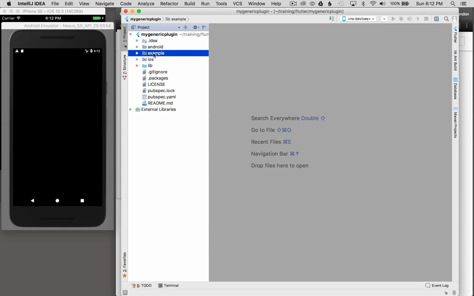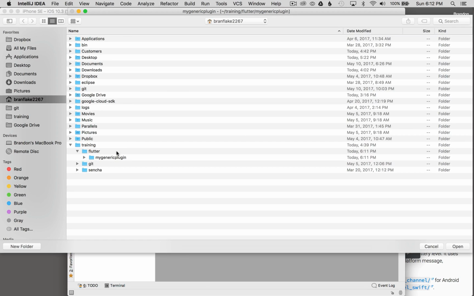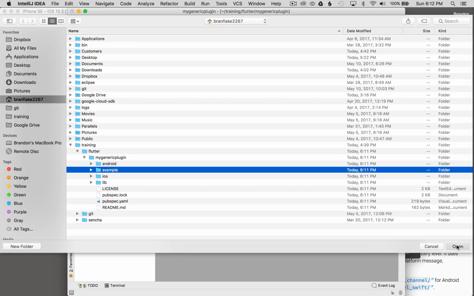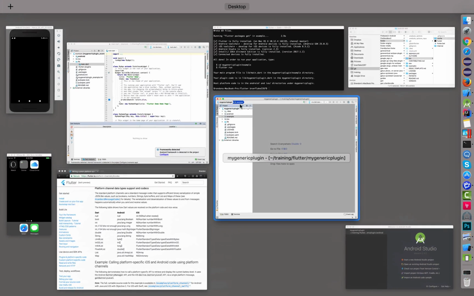And I want to open up example separately. And the way I do that is going to File, Open, and I'm going to navigate into the plugin and open up example. And this is an example application written for this plugin. Okay, so once example is opened,